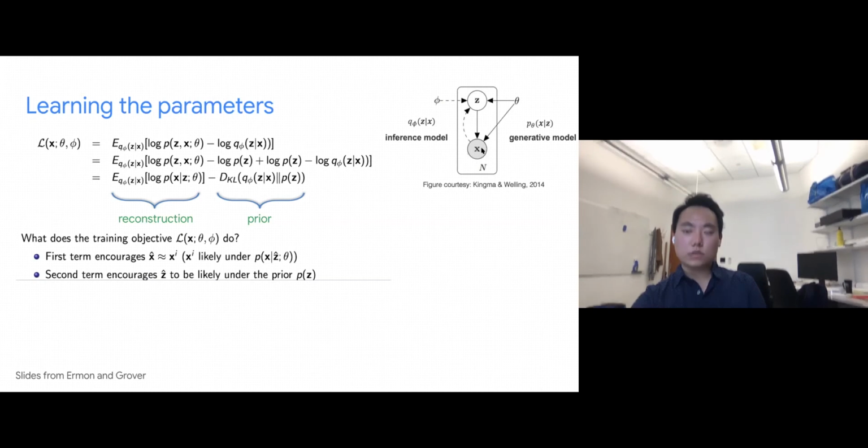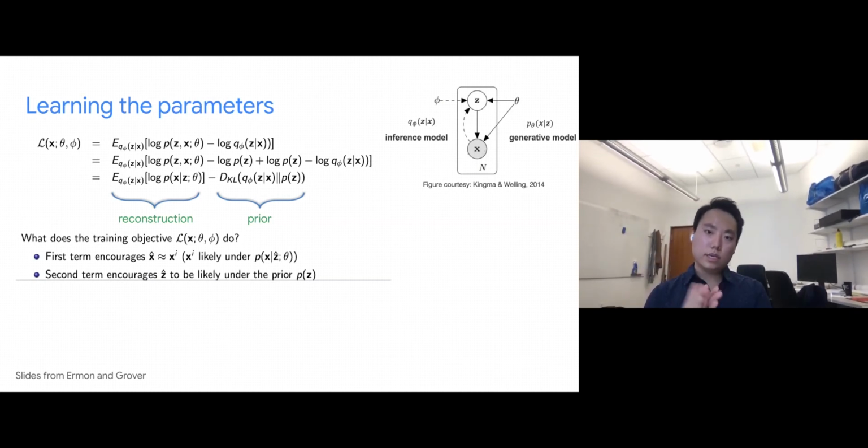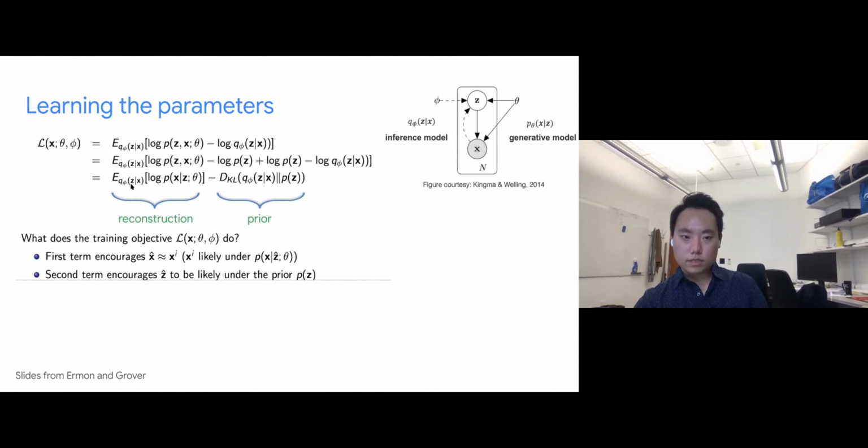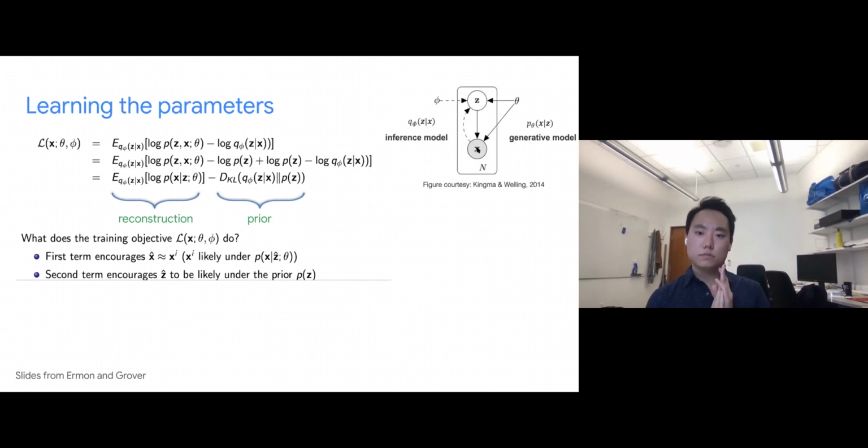In autoencoders, that's also known as a decoder that takes Z and actually generates your data X. My Q of Z given X will take in X and use parameters phi to predict which latent variables correspond to that particular data point. So that is the inference model,